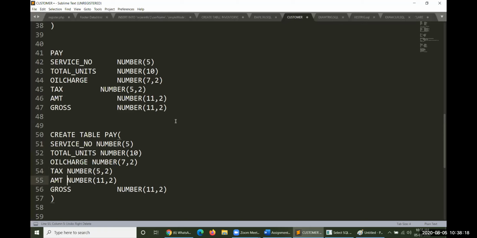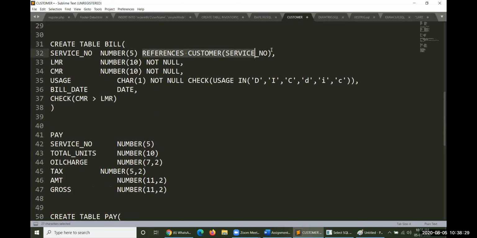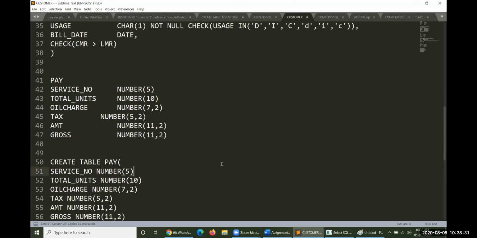Amount also like this, gross also can be seen like this. However, service number again takes the references from the actual table. Let me copy from here to here. Customer dot service number and total number of units, of course not null, and oil charges also not null, and then tax also not null, and then amount not null, and then gross also not null.